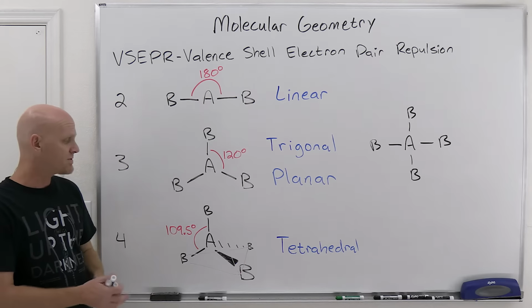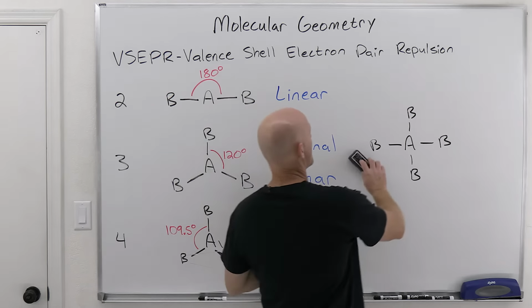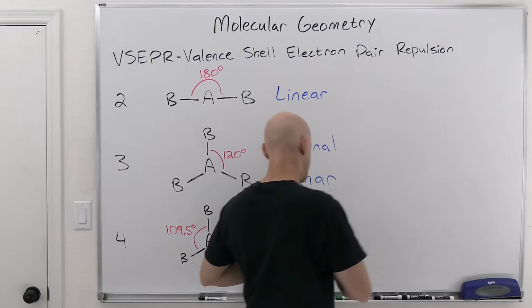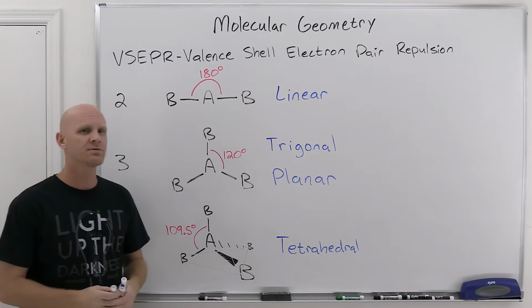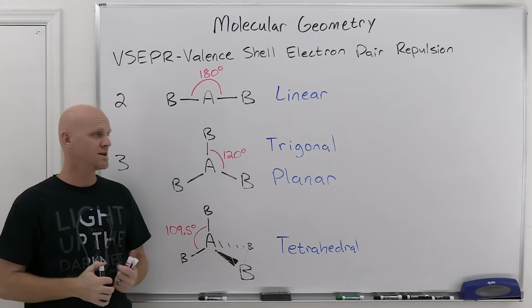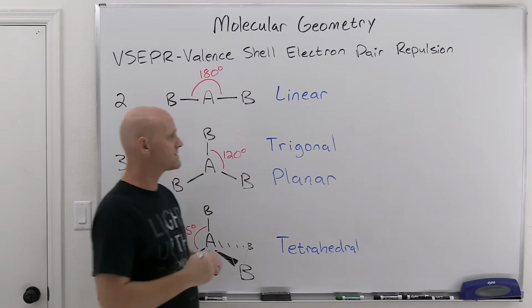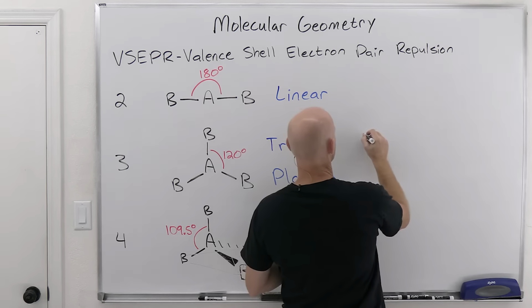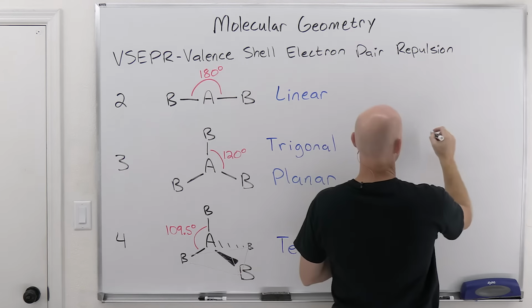So we can also deal with both 5 and 6 electron domains, but that's going to require an expanded octet. And so some of you aren't going to be on the hook for these, but that's going to be the vast minority of you. The majority, you are going to be on the hook for 5 and 6 electron domains as well. And so if we see the way this works,